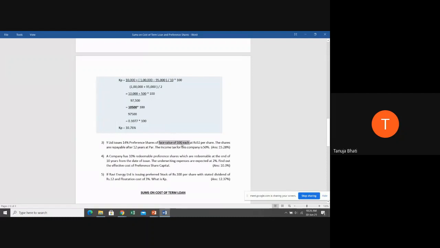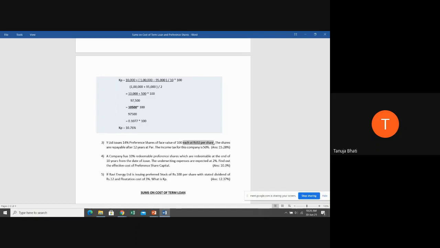Then you're going to get the preference dividend. Okay. They are issued at 92 per share. Actually, the face value is 100, but they are issued at 92 per share. So tell me whether they are issued at par, premium or discount. And second thing, you'll have to tell me what is going to be the NP. Yes? Issued at discount, ma'am. Discount. Okay. And what is going to be the NP here? 92 is going to be the NP because NP is directly given.